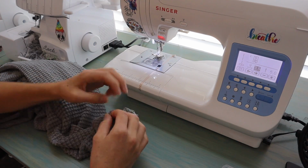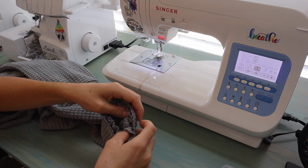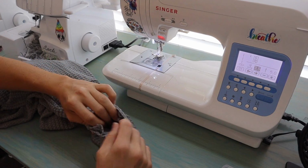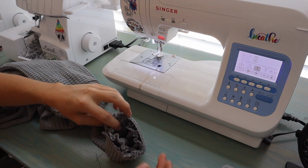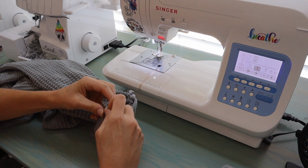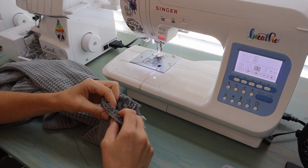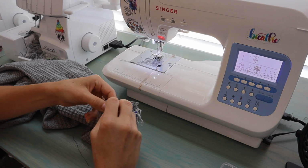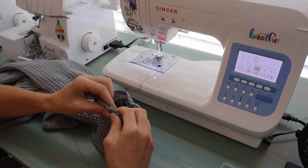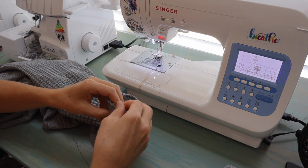And then I'll take a pin and pin exactly on the opposite end of that, and then we can go around and spread our gathers through the center. You all know that I typically will use clips, but in this case I am actually using long pins, and the reason I'm using pins is I'm going to sew over them later. I want to make sure that those gathers all stay in place, and that's really hard to do with a serger, so I'm actually pinning this really well around the cuff, and then I'm going to baste it all together